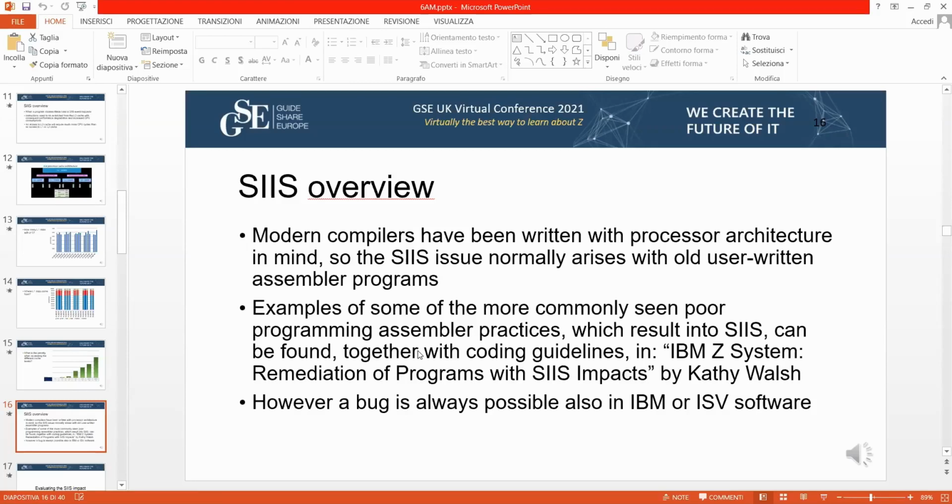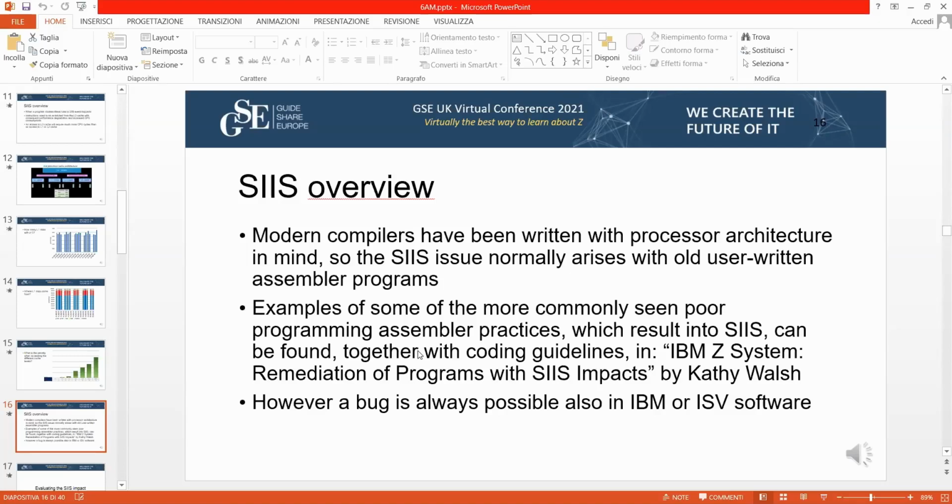There is a paper, IBM Z system remediation of program with storage to instruction stream impacts by Katie Walsh, that tries to explain what are the situations where a program written by a user, something that your development team developed in the 70s, 80s, 90s, could result in this kind of problem.